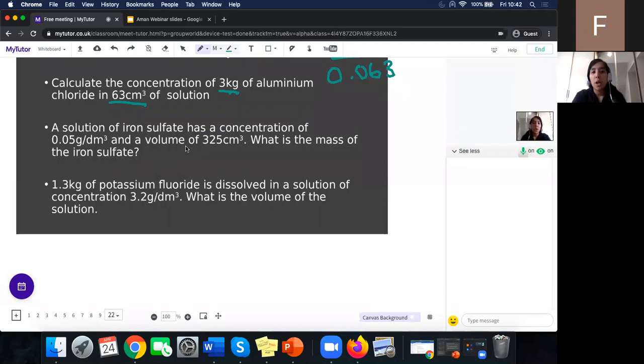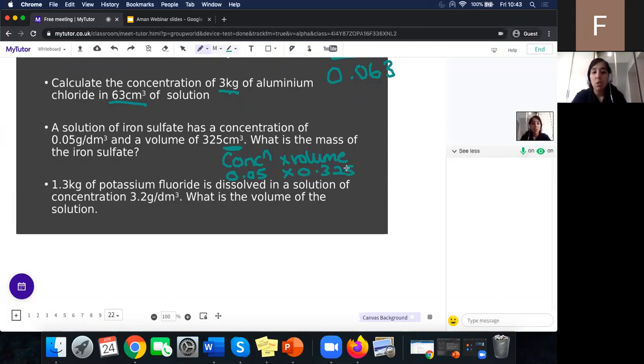A solution of iron sulfate has a concentration of 0.05 grams per decimetre cubed and a volume of 325. What is the mass? So we're going to rearrange the equation. So mass will then be equal to concentration times volume. So our concentration is 0.05. Our volume is 325 centimetres cubed, so we need to make that into decimetres cubed, so it'll be